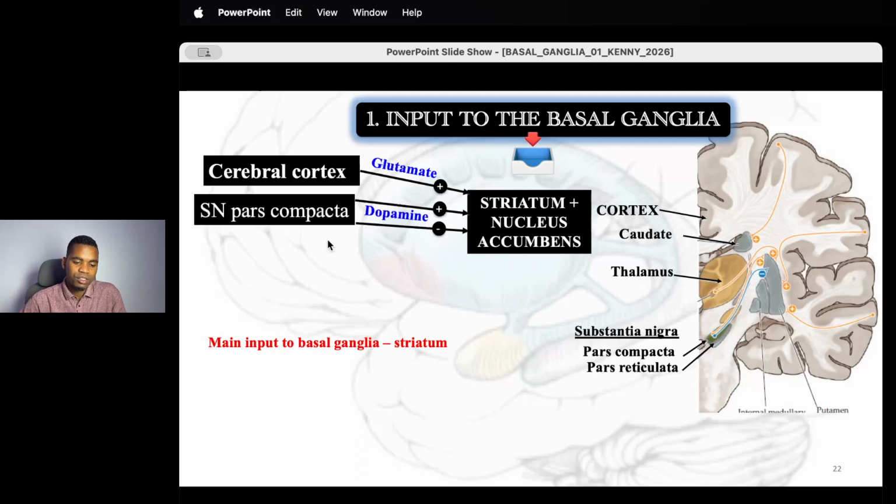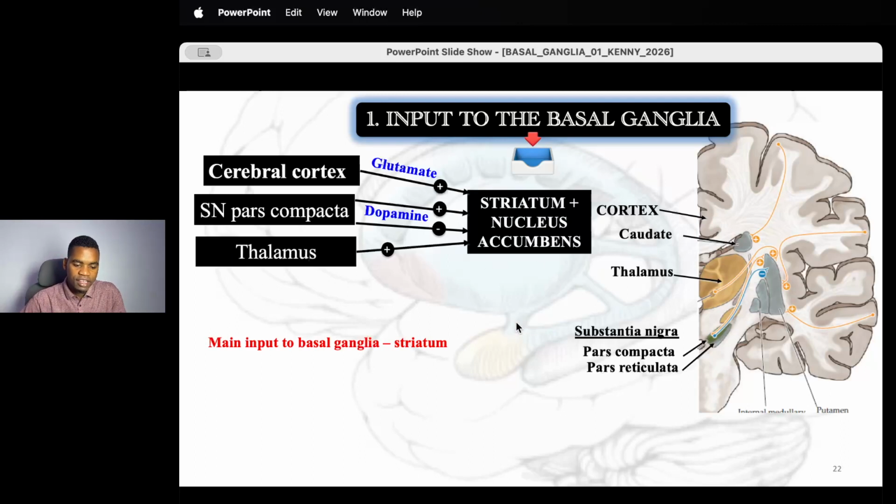But we also have input from the substantia nigra pars compacta. This is the substantia nigra pars compacta. It fires its input into the striatum, and it uses dopamine as a neurotransmitter. We are going to figure out later, in the nigrostriatal pathway, which I believe is a different discussion, that dopamine can act as both an excitatory and an inhibitory neurotransmitter, depending on the receptors that it is acting upon. So the substantia nigra pars compacta uses dopamine to fire its input to the